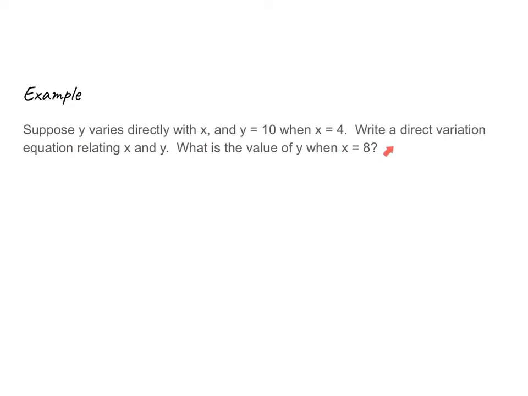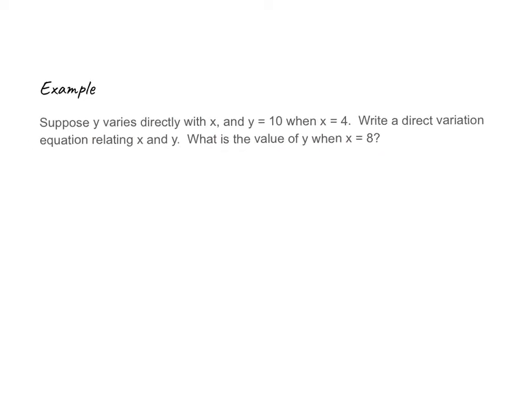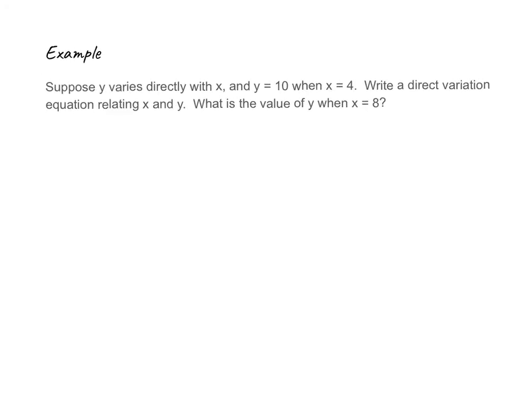All right. This sounds like a lot. It's a lot of words. And if you're like me, sometimes you can get confused in all those words. What I want you to remember is when you see the phrase y varies directly with x, I want you to always think or use the equation y equals kx, okay? That's our direct variation equation, where k represents a constant rate of change, okay? Now, if we're using this equation and it tells us that y equals 10 when x equals